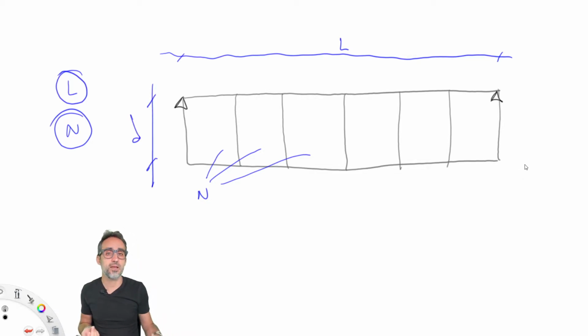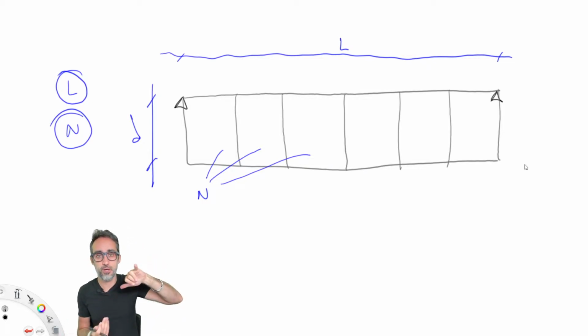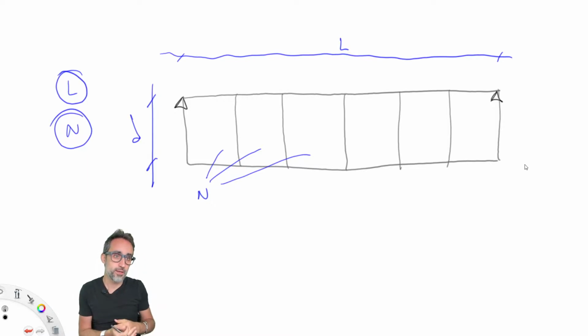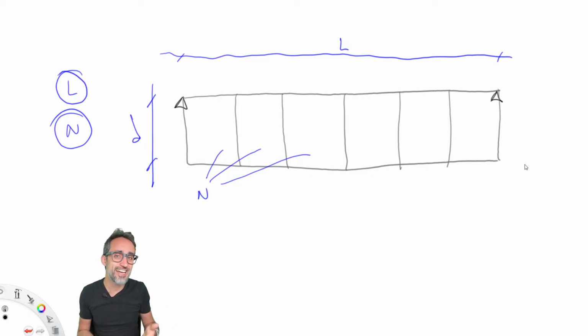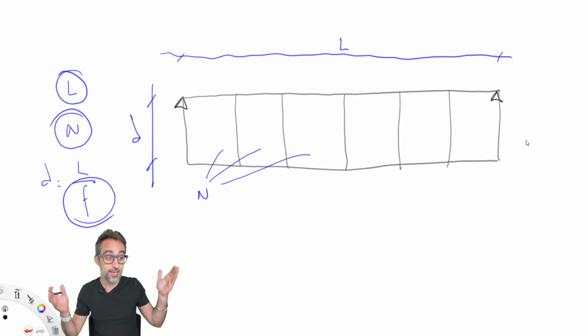And very typically, a super important parameter of trusses is what's called the depth, which is the technical term in structures that we use to refer to the height of the truss. Now, one thing that I would like to highlight here is that because we are doing this more from a structural engineering point of view, typically in structures, we don't really work with the absolute value of the depth of a beam or the depth of a truss.